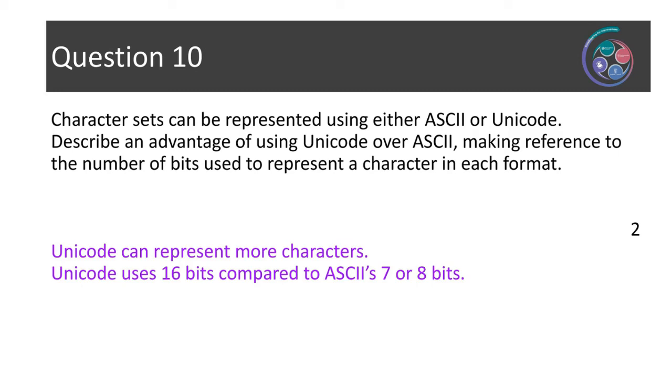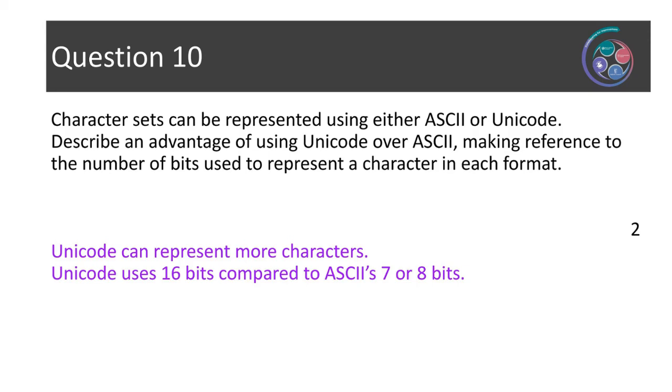But in terms of talking specifically about Unicode, well, Unicode was created to allow more characters in the character set than ASCII. Unicode using 16 bits means it can represent 65,536 characters, and Unicode uses all 16 bits to represent each character. That greater range of characters is a big advantage, and there are adapted forms of the original Unicode capable of representing even more characters than that,